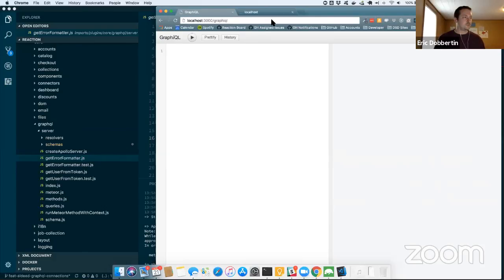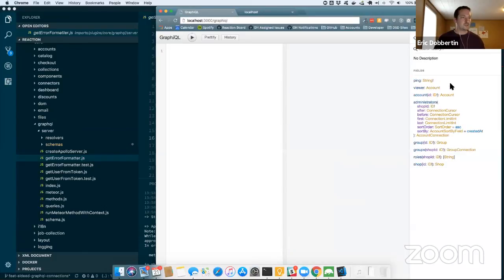So if you fire it up, you'll get this automatically, if you're on a branch that has that plugin. You can go to docs and from there go through and explore the entire schema. So this is all going to be pretty well self-documented through descriptions. They don't all have descriptions yet, but I can try to. Now it's frozen.